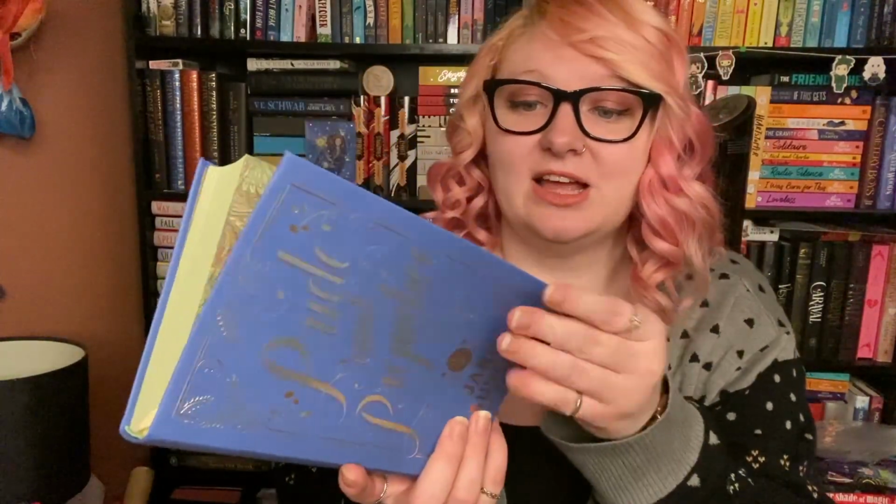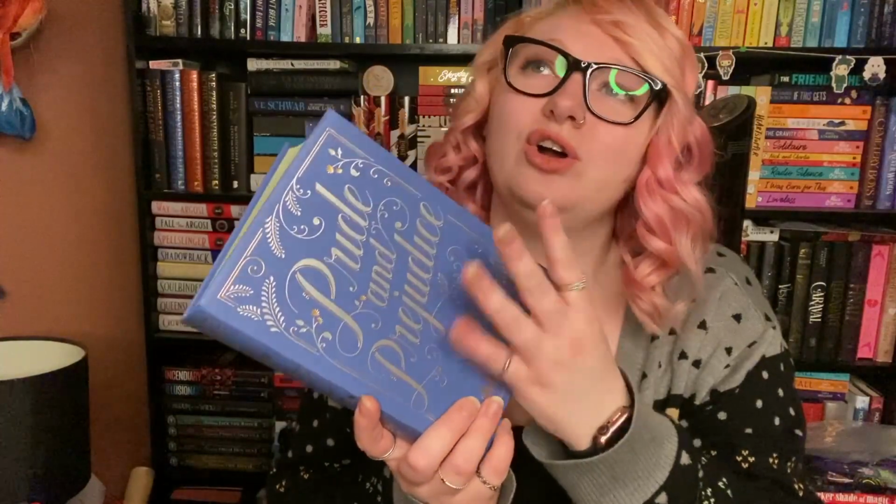I'm obsessed with this. This is like a not cloth bound. It's the same material as the word cloud editions and I absolutely love it. So thank you so much, Tony. Also, this edition might be the one I read because the writing's not too small. So when I reread this book, it's going to be this one and I'm excited. So thank you, Tony. Then for Spooks' Patreon, we did a Secret Ghoul, a Secret Santa, and then we also